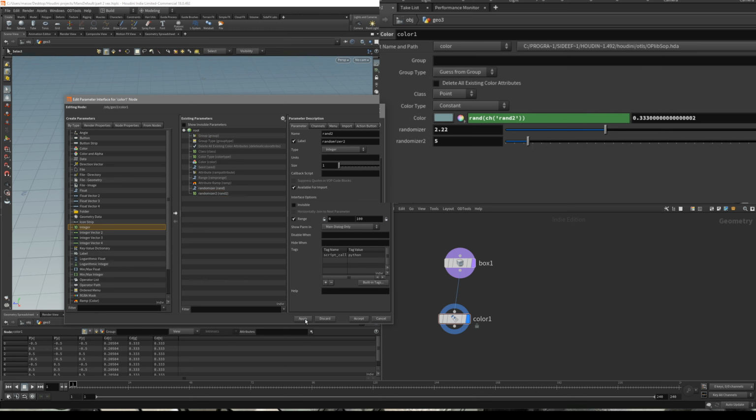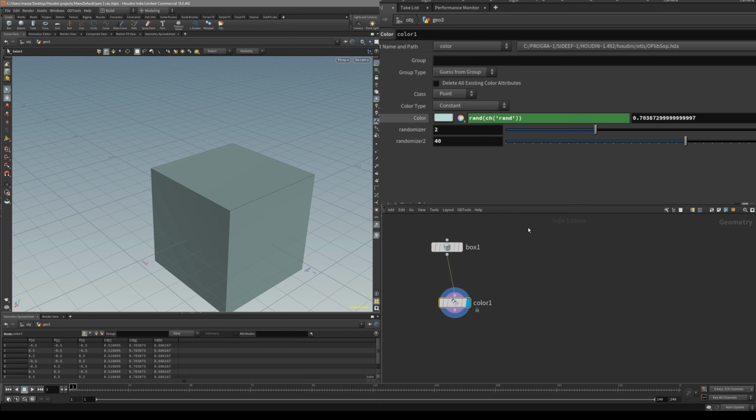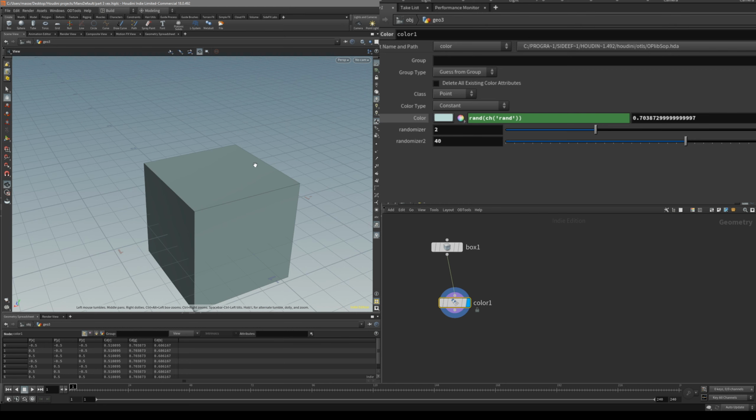We can use single lines of VEX inside pretty much any of the sub nodes, or any node really, as long as it gives the expected number. That's really the main takeaway: as long as the VEX expression that you write gives the actual value data type that it expects, it's going to work. One last thing I wanted to mention, to finish up these single